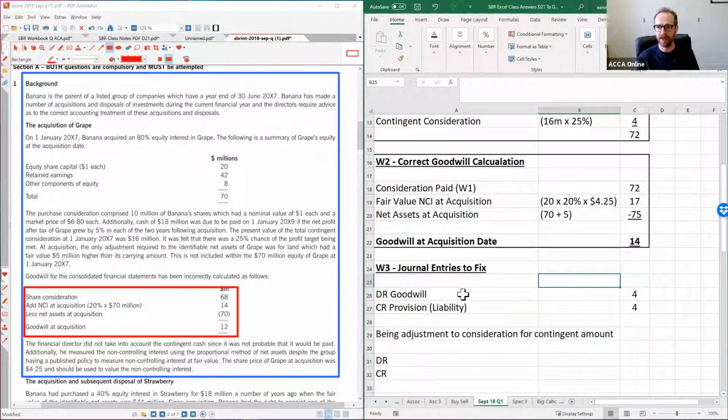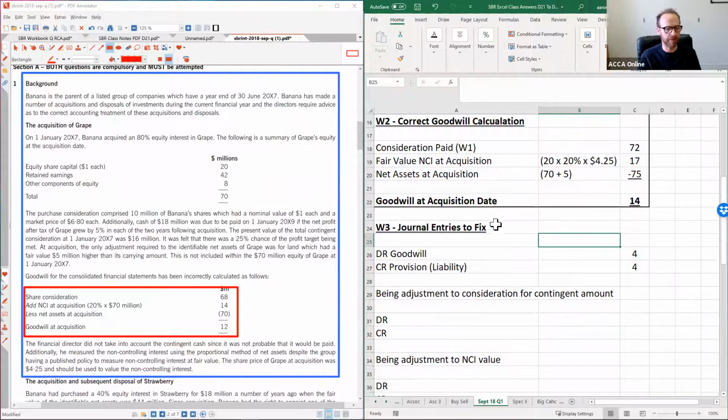It may or may not be paid. But remember, what we do is then it's adjusted as you go through the years. So it's 4 now. If it became more likely, let's say it was 50% likely, well, then you'd need to adjust it up. Or if it became less likely, you'd adjust it down. Okay, is everyone happy with that entry? So let's just check them as we go. Give me a thumbs up or a green tick if you can see why I've made that entry and the adjustment that it will make, and you're happy with it.